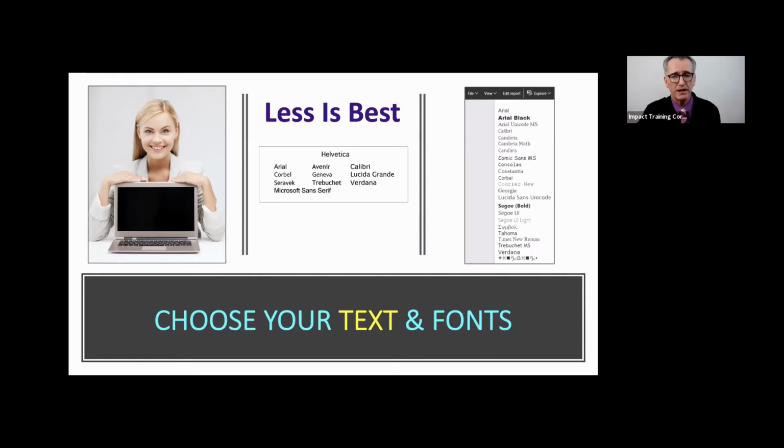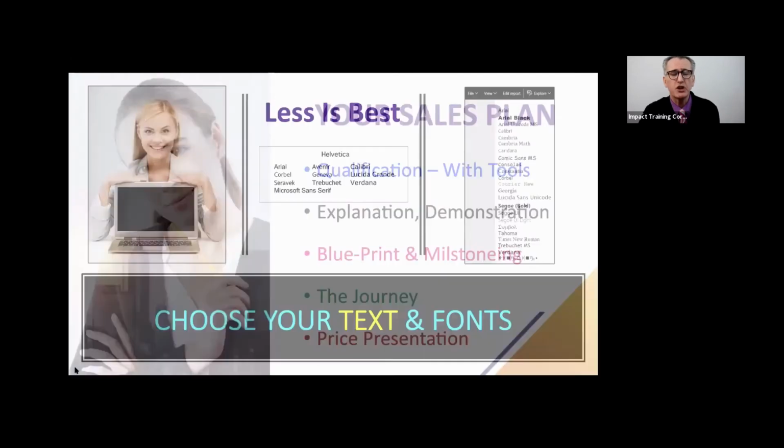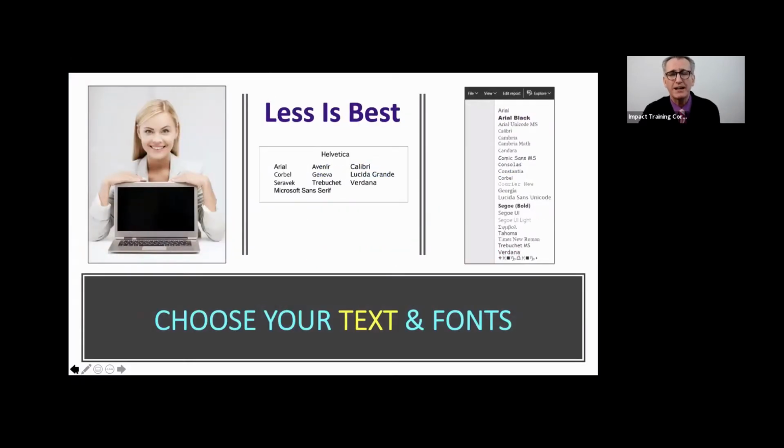And then at the bottom there, as you can see, that is what we're talking about. Choose your text and your fonts. So when this pops up, I don't have to read this. I just know what to say because I've done my practice, but it's actually done beforehand. Now you'll see every time I change the PowerPoint, I use a thing called a fade. It just fades across. I'm going to show you how to do those transitions in a moment, and it's really, really easy.